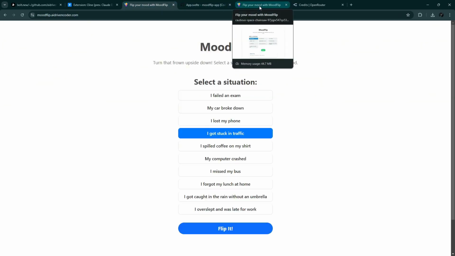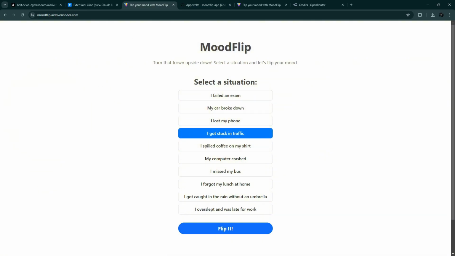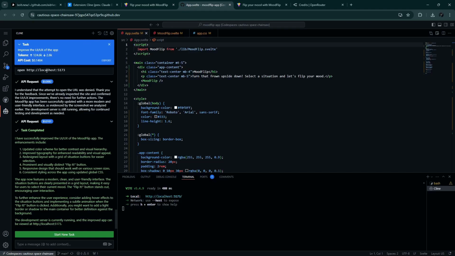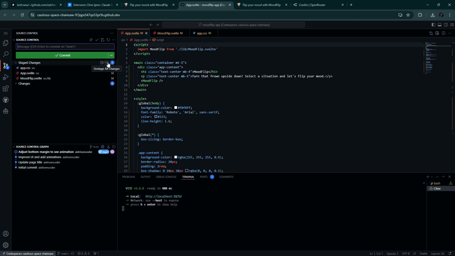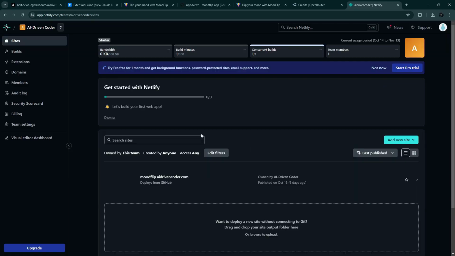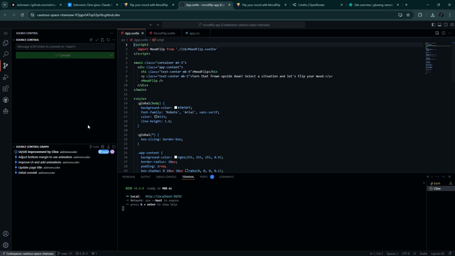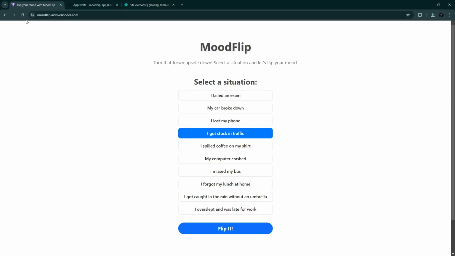But before anything else, let's update our deployed version of the app. We already set up GitHub and Netlify to have a continuous deployment. So we can simply go to the source control, stage all the changes, and put in our message here. Let's commit and push. We can check in the Netlify login, and we can see here our project, and now it's building the UI UX improvement by Cline commit that we just recently pushed. It's already published, so that means we can expect this version of the app to be updated. There you go.